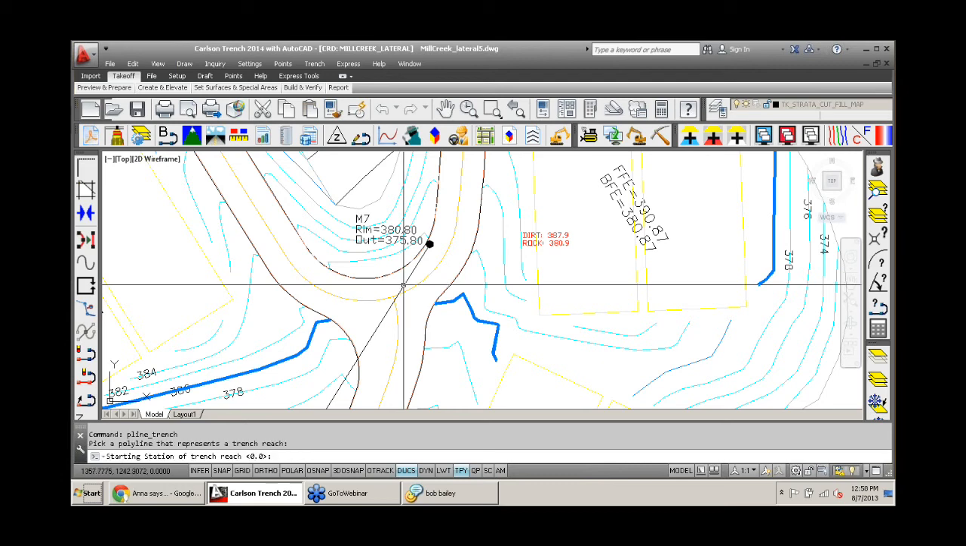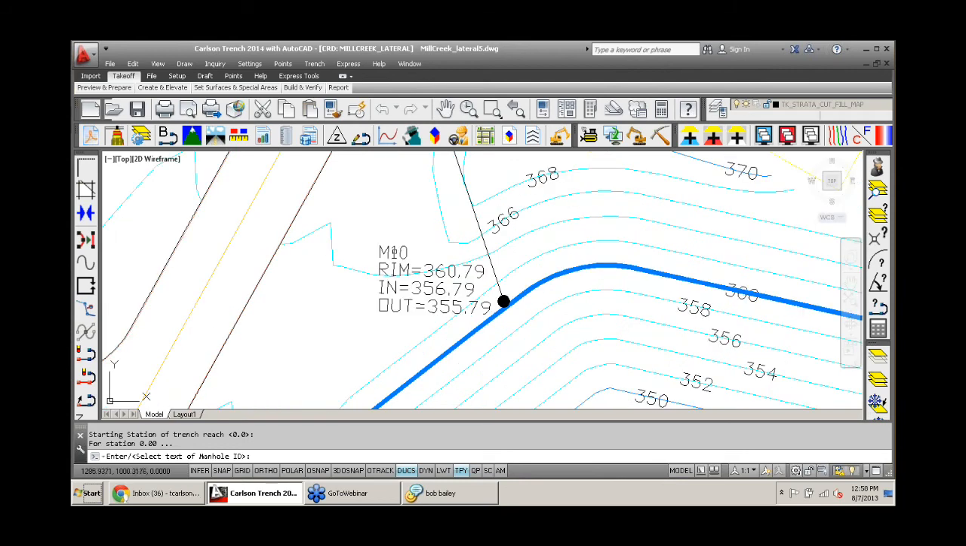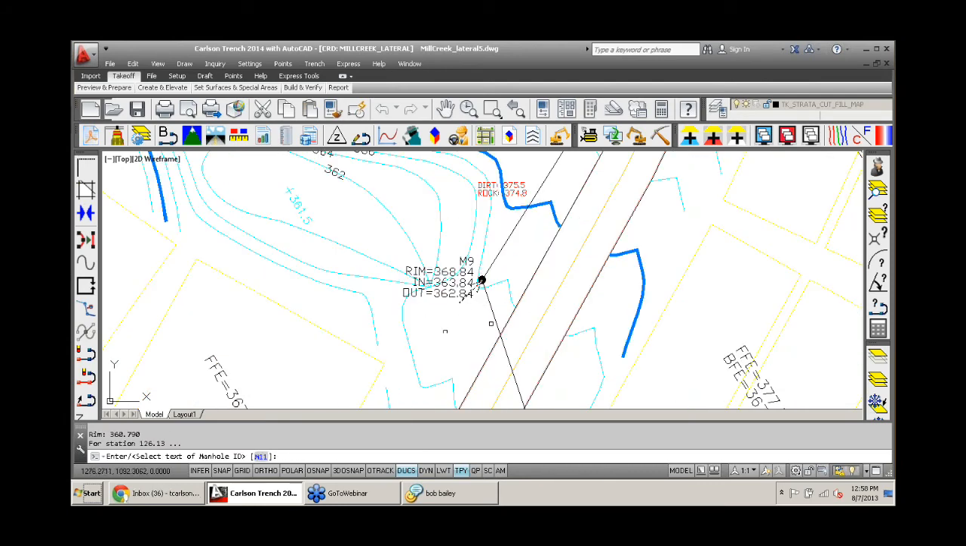and starting station 0. Okay, and now it's jumping to what's the manhole ID here. So I can either enter in this text, or if it's a text value, I can just pick it on the screen. Okay, I can see it's read that value M10. Now it prompts me for the invert in and the invert out, and then the rim elevation, which I'm going to do S for select, and I'm going to pick on that rim elevation. Okay, it jumps to the next structure,